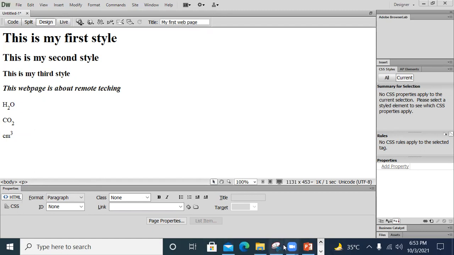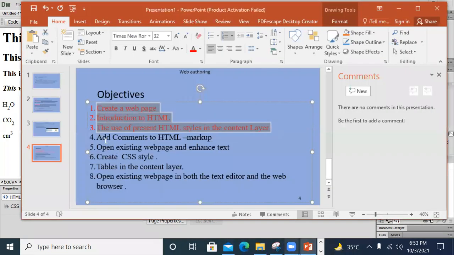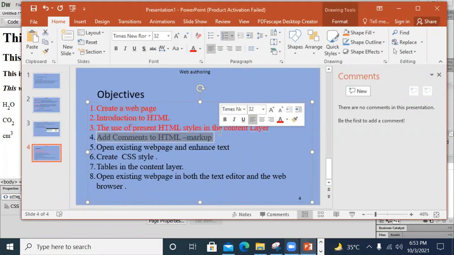We did it: how to add comments to HTML, or open an existing web page and enhance it. Yes, we did it. We applied superscript and subscript and bold, italic and different elements of text.